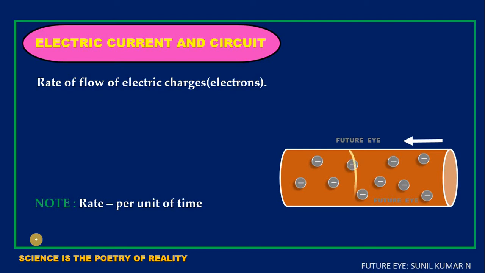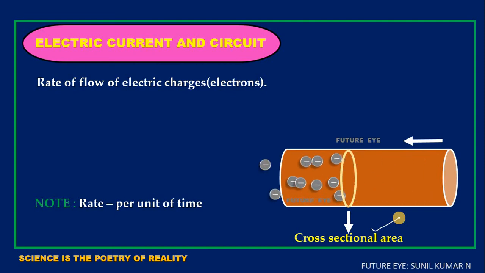For that I'll place a circular ring, and I'm calling this the cross-sectional area. And why do I place this? That is important. Through this circular ring or open window, however you assume it, how many electrons have passed per second? That gives the electric current definition. Look at the diagram carefully, just like this. See how electrons are passing through that ring. So this gives the definition of electric current.